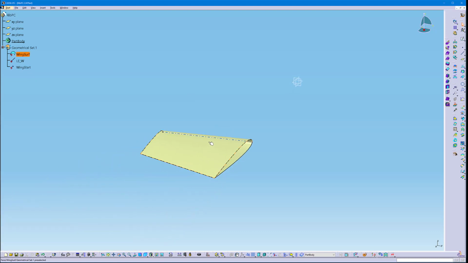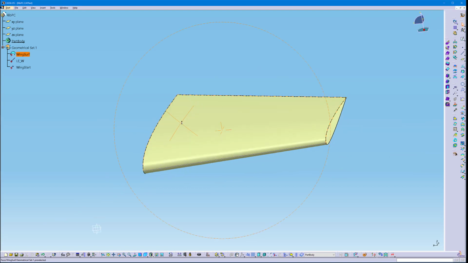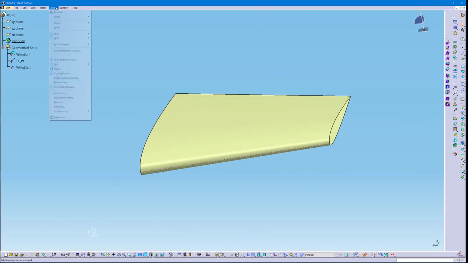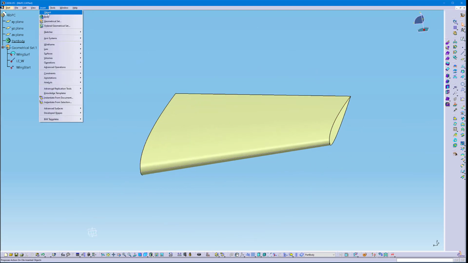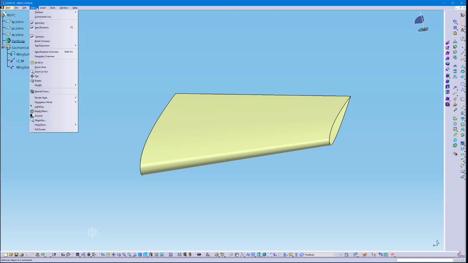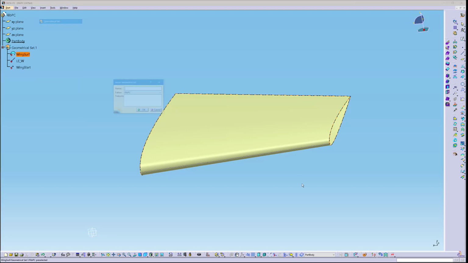So I will zoom out, and this is basically what I have. So what I'll do now is I'll start making a very elementary rib. I don't want to overdo it. I don't want to do it too complicated. Simplified geometry in order to be able to test the whole project as many times as possible, as soon as possible. So I'll create a geometrical set,